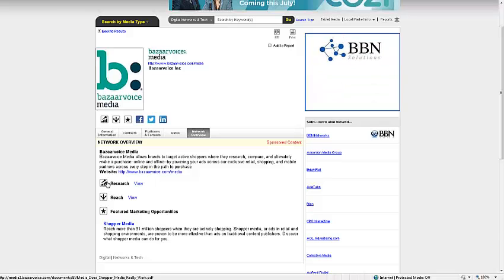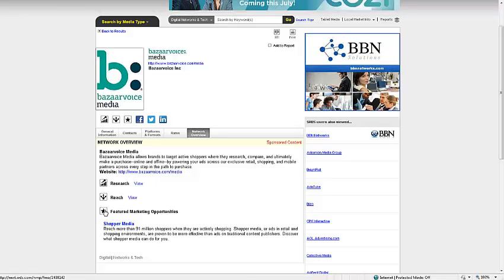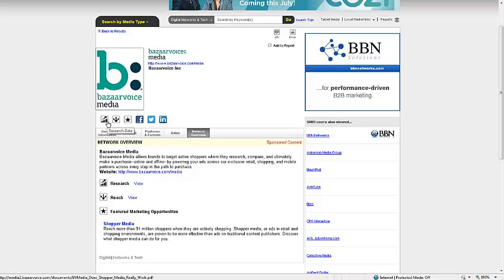You're also going to see some duplicate links to those more information icons across the top of the listing. And those more information icons are exactly what they say they are. It's more information for you to understand everything that this company has to offer. The arrow tells you that they have third-party research. This is typically the kind of research you'd find in a media kit. The three arrows tells you that they have reach information to share. The star tells you they have additional opportunities they want you to be aware of. And then any social media presence that they may have, you can link off to those social media sites as well.